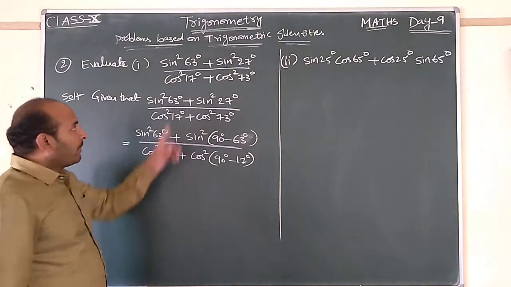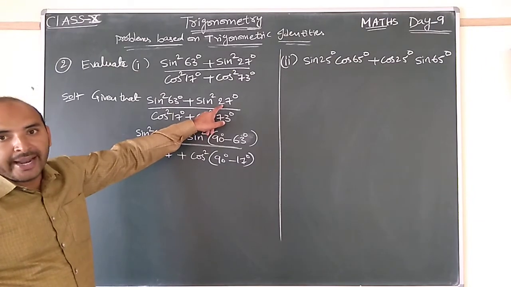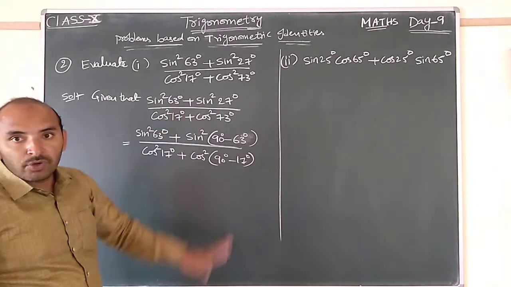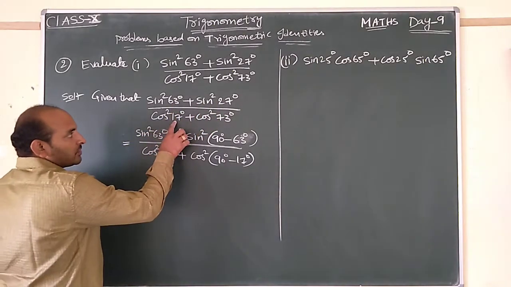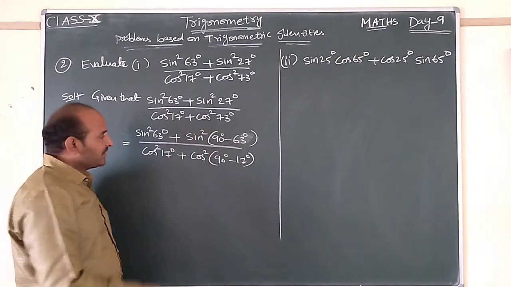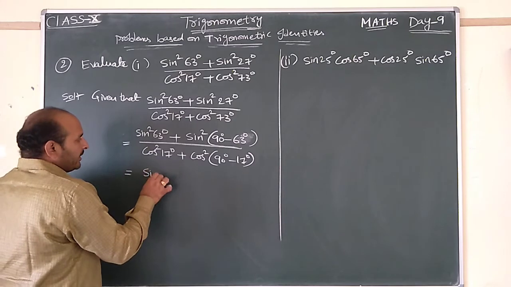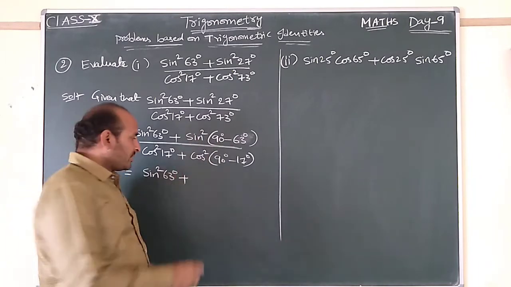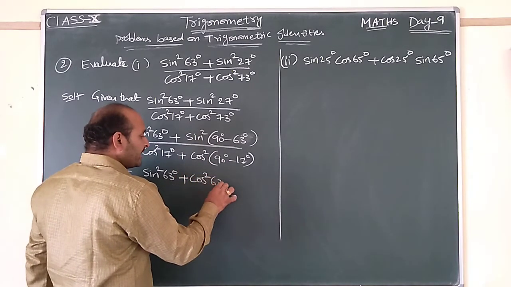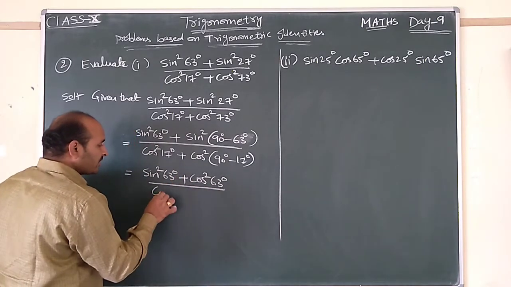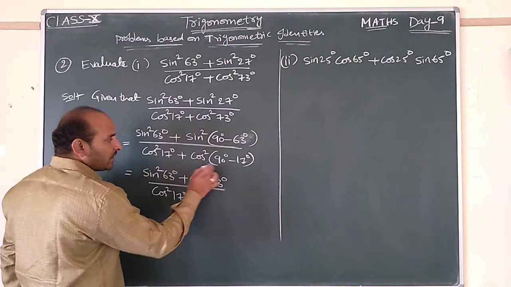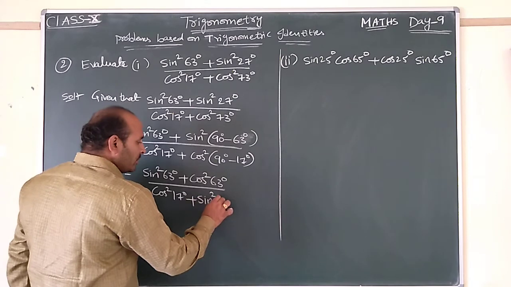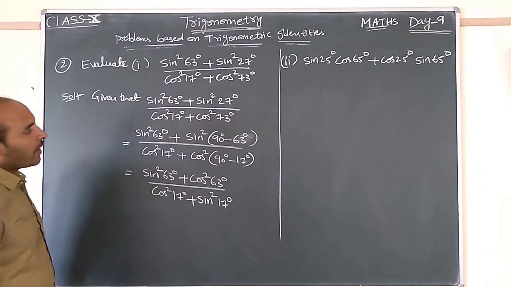Now, why we are applying here, the sum of these two angles is equal to 90 degrees. Complementary angles, already we discussed complementary angles. Sum of two angles is equal to 90 degrees. Even in the denominator, 17 plus 73, 90 degrees. So which is equal to sin square 63 degrees plus, here 90 degrees is given, sin changes to cos. So cos square 63 degrees upon cos square 17 degrees plus cos of 90 minus 17 degrees means what? Here 90 degrees, cos changes to sin. Sin square 17 degrees.